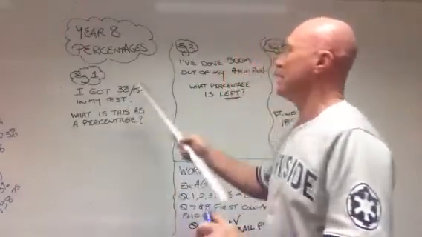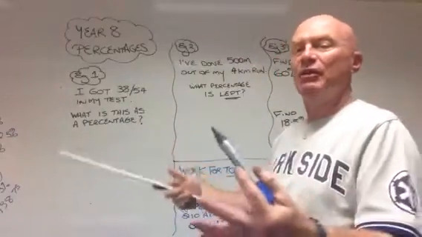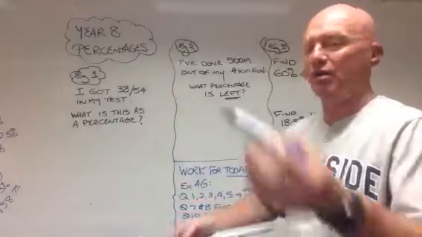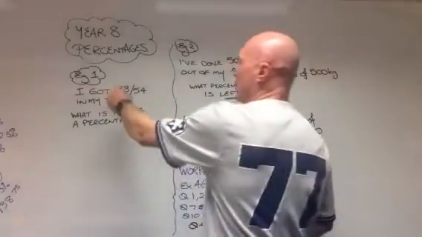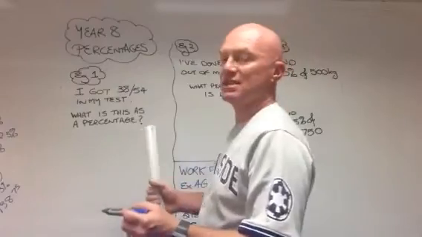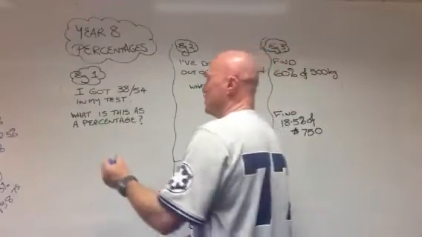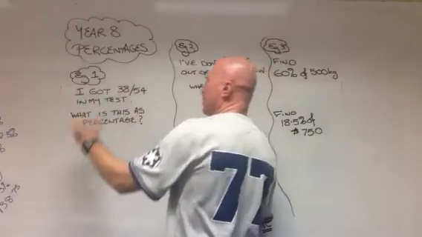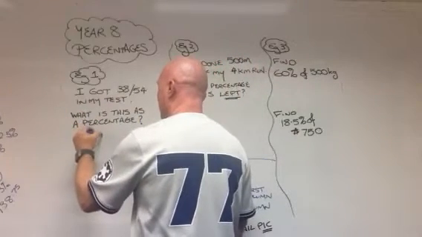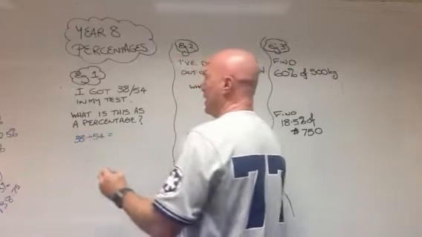Okay, so we're doing some percentage things. Some of you will have seen some of these things before, but we're going through it slowly and seeing you're on your own. We'll do that. So I got 38 out of 54 in my test. What is this as a percentage? So most of you should know that that means a divided by. So if I go 38 divided by 54, that tells me